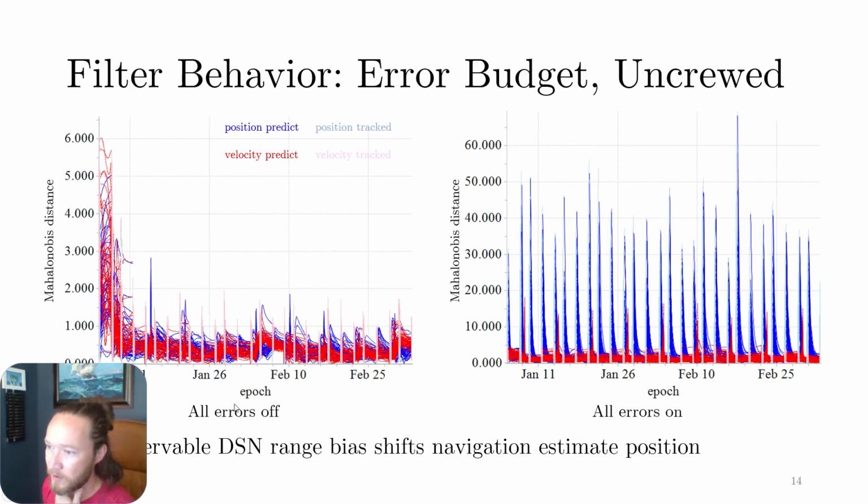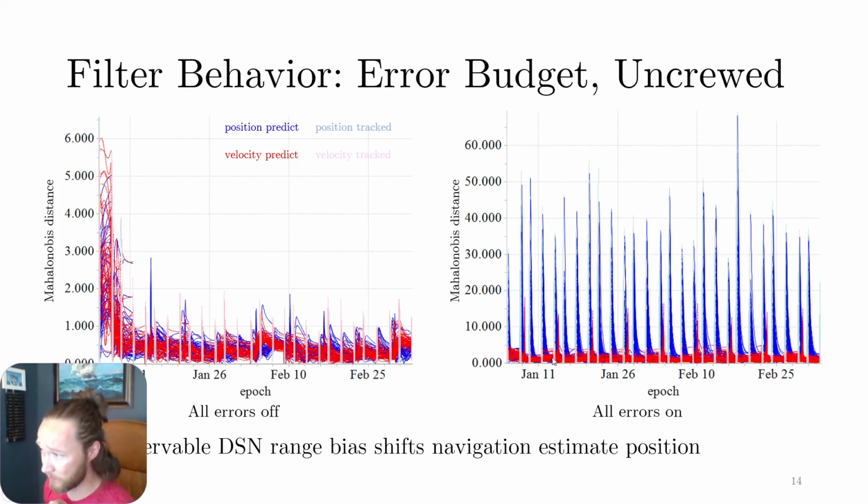And so you can see with all of our errors turned off, we start out with a high Mahalanobis number that gets down into a steady state. And then all of these numbers are nice and below, in the neighborhood of 1. However, when we turn all of our errors on, you can see every time that we have active data tracking, we get a spike in the Mahalanobis number in position. And then in the times of prediction, it relaxes way back down as